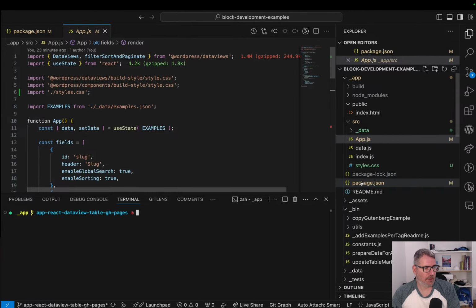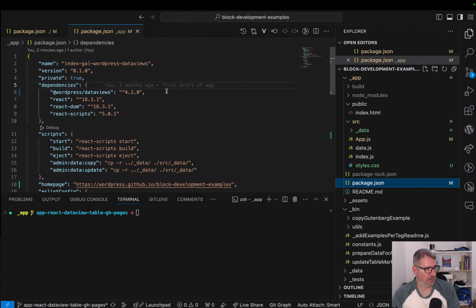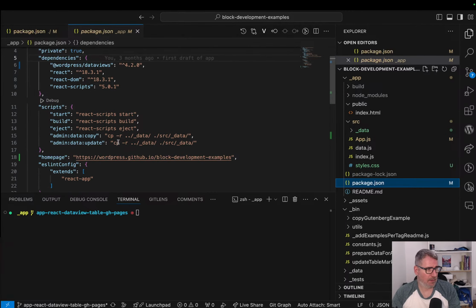How do we run the React application? With some scripts that are already inserted when we scaffold our React app with create React app. So if we run npm start here,